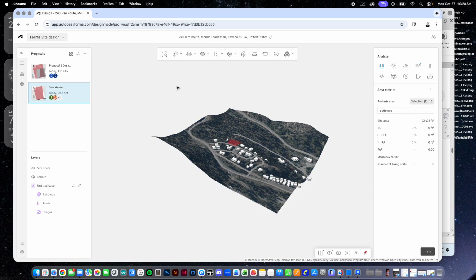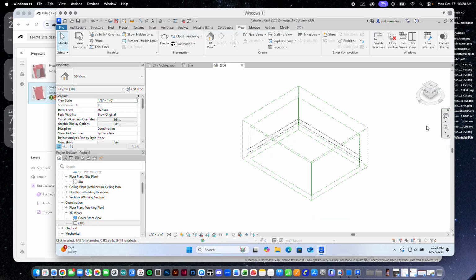So I'm in Forma in my browser, site master, that's really important. Site master file, I'm gonna go Revit, send to Revit add-in, and it's going, okay, proposal's been sent to Revit, for me anyway. And that's how you can take things from Forma into Revit. In Revit,